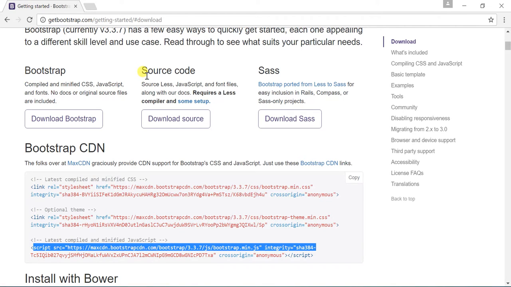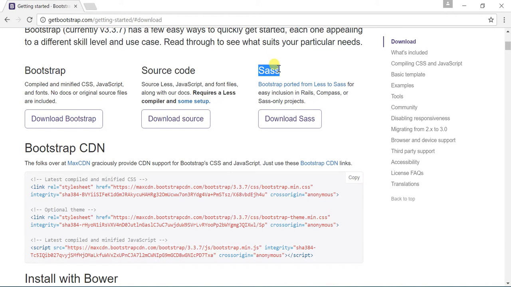And there are two more options that are more of a custom install. One is source code and one is SASS. Source code basically works with the LESS preprocessor, and there is another option given here, the SASS preprocessor. So these are both custom installs. We can say that they are for advanced users who want to super customize their Bootstrap files according to their personal needs, so they can use the source code and SASS version. In the source you use the LESS version. For that purpose you need to use Grunt, Node.js, all these things to work with this source code and SASS